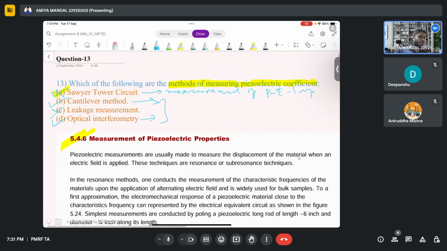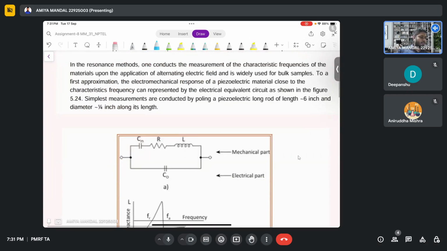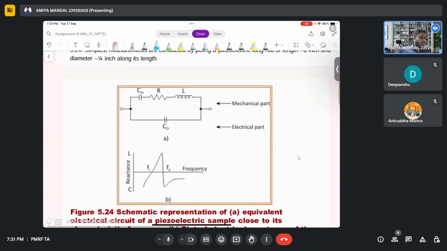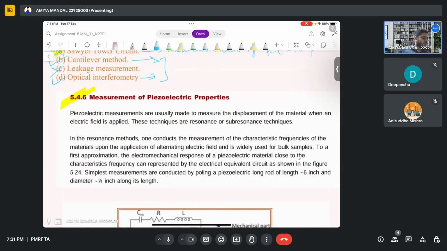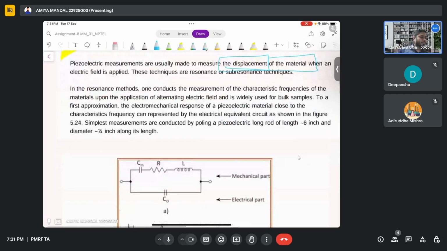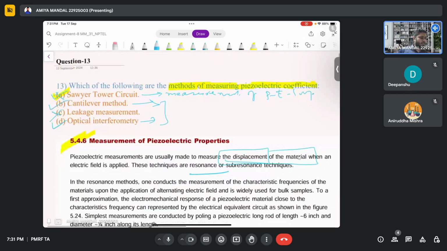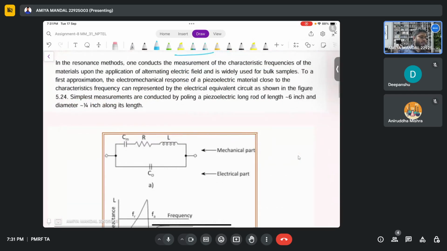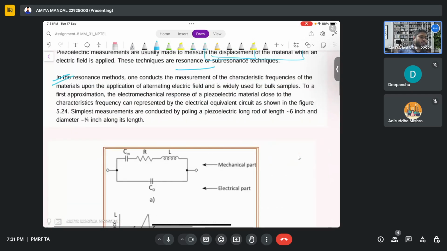We will be discussing here the measurement of ferroelectric materials. First of all, we have to measure the displacement of the material when an electric field is applied, and the resonance. This is called the resonance method, where the characteristic frequency of the material upon the application of an electric field is used, widely used for bulk